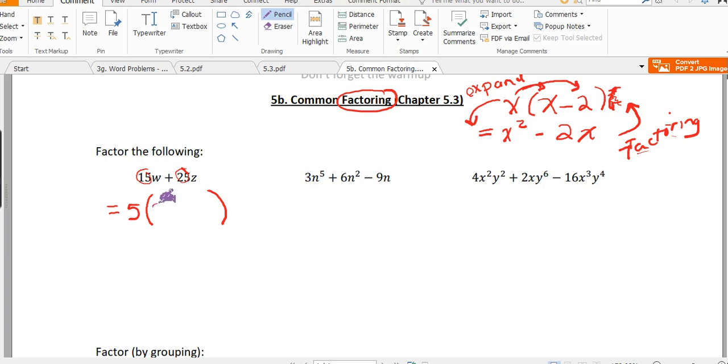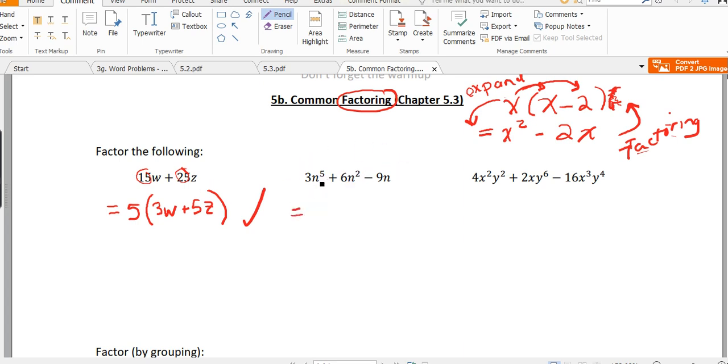Well, 15 divided by 5 is 3. Okay? And then a w is still there. Don't forget about the w. Plus 25 divided by 5 is 5, 5z. Now, I look at this and I see, is there still anything common between these two terms? No, so I know I'm done. If you want to check your work, you can expand it and go backwards. So 5 times 3 is 15, so 15w. 5 times 5 is 25, 25z, which will give us what we started off with. Okay,